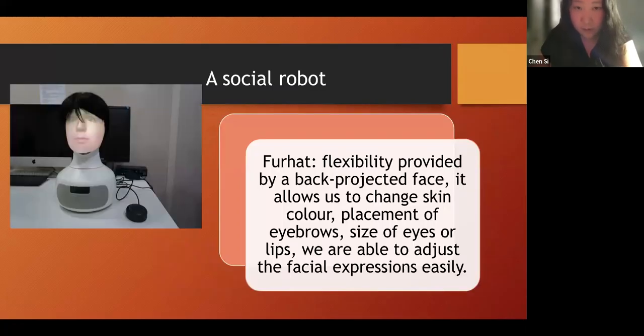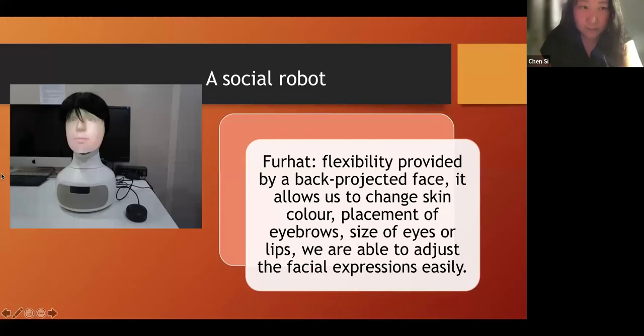So we have acquired this social robot. We acquired this one because this robot is actually very flexible. We have also checked other possible robots.